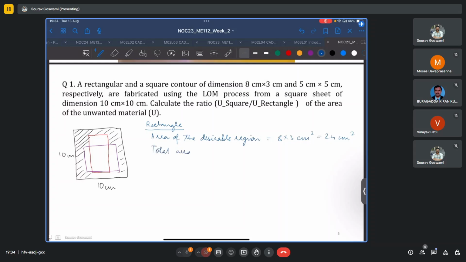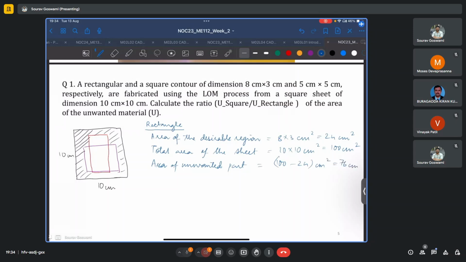The total area of the sheet feedstock is 10 into 10, or 100 centimeter square. Thus, the area of unwanted part is 100 minus 24